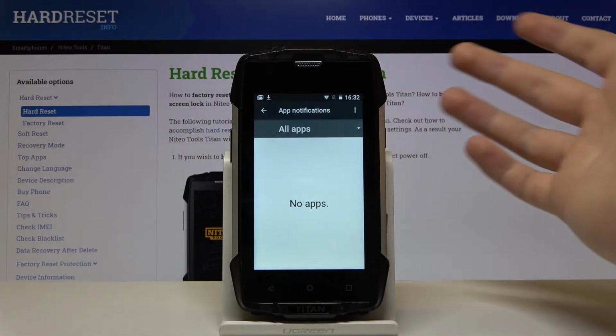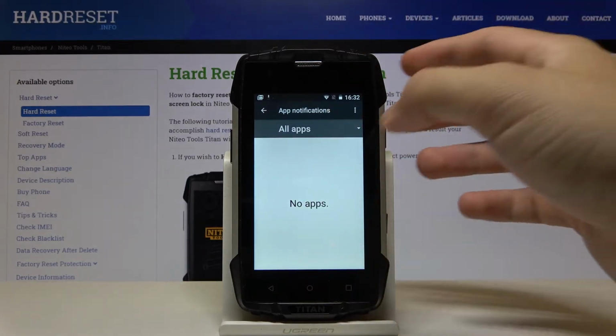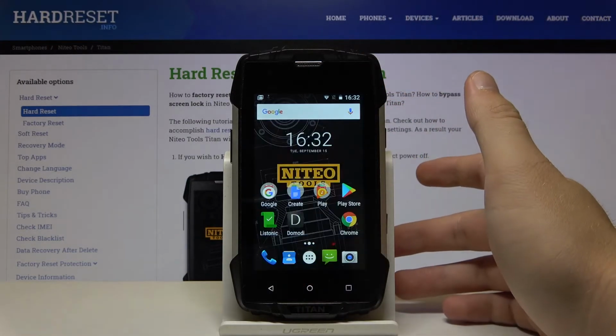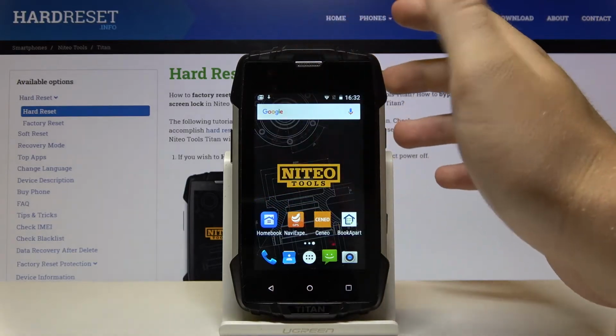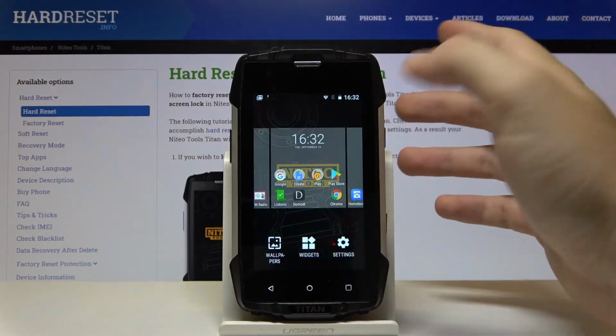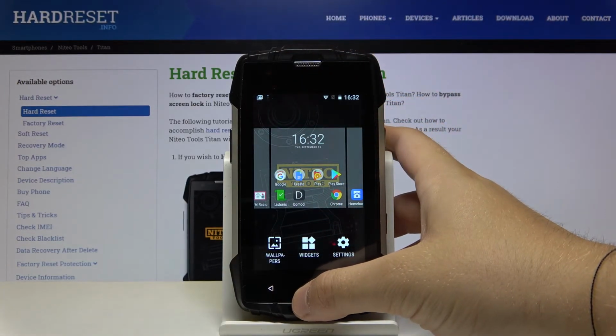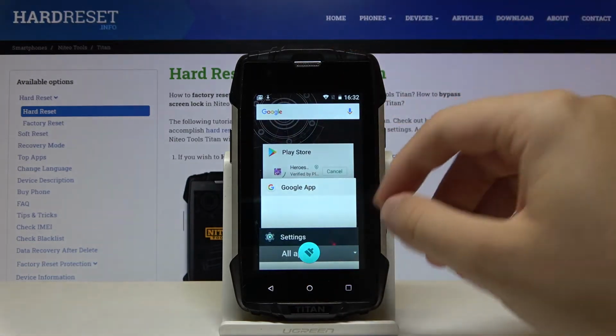Okay, as you can see, there's some kind of bug because the smartphone doesn't detect any apps. And as you can see here, we got a couple of the apps. So sorry, but I honestly don't know how to fix it. But in most cases,